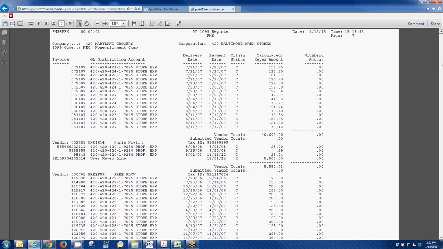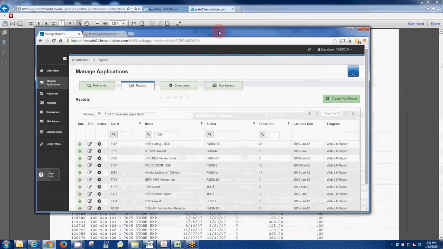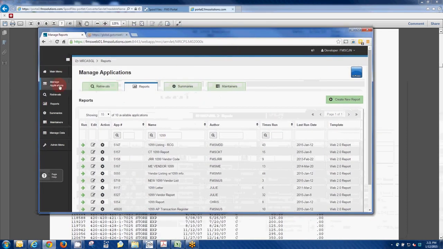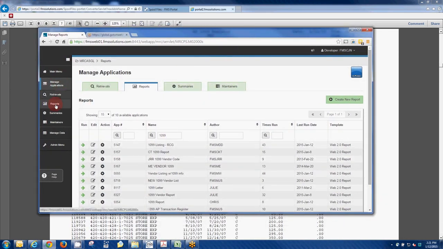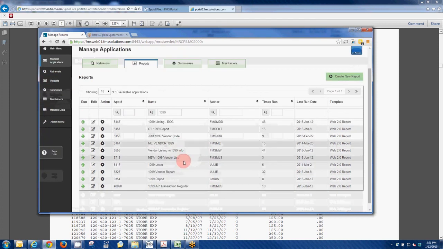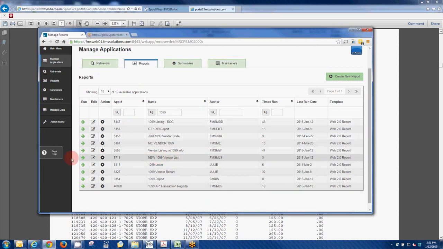There are also some Empower reports that you can run for 1099 vendors. If you go into the report section, this is in the ASGL, and put in 1099, you can see a list of reports here. I just ran this one called new 1099 vendor list, and it'll bring up the vendors that are flagged as 1099s, not their amounts necessarily, but just who is flagged as 1099s, and then there'll be a field for their